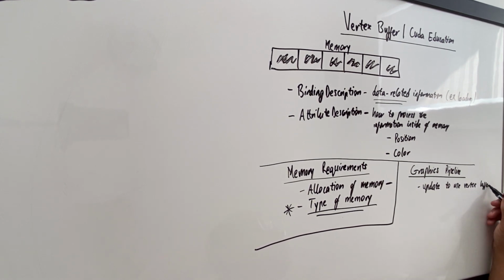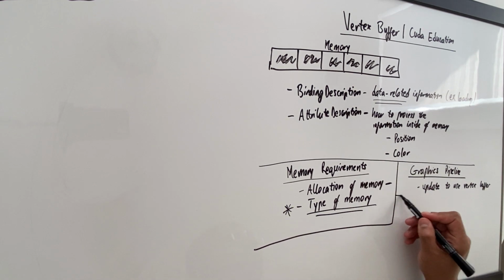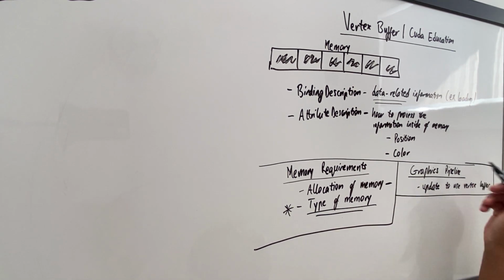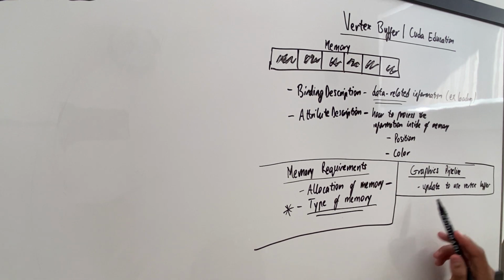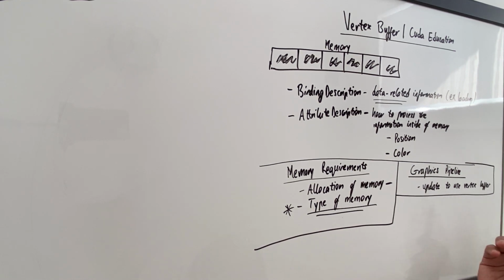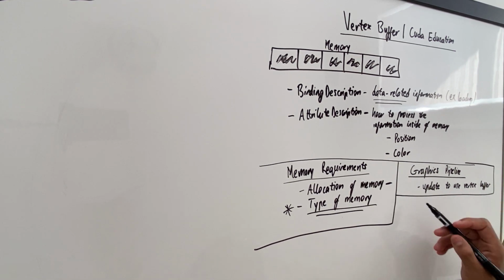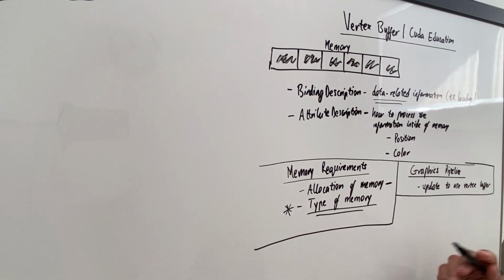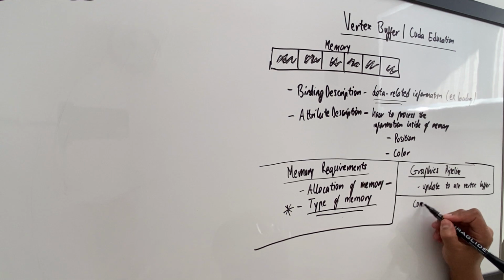All right, so that's as much as I'll say about the graphics pipeline for now, but basically you want to update the graphics pipeline to use the vertex buffer. And then lastly, what I want to talk about is the command